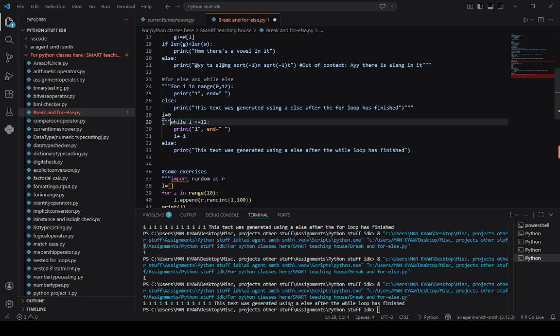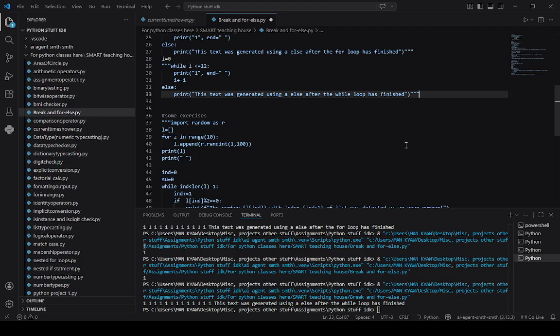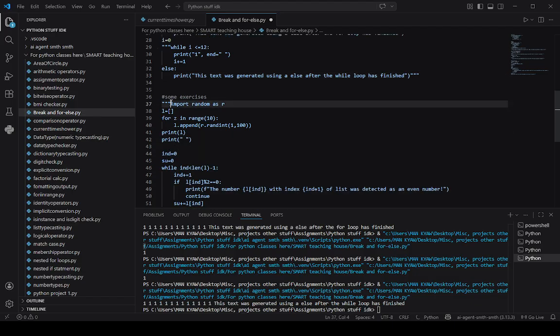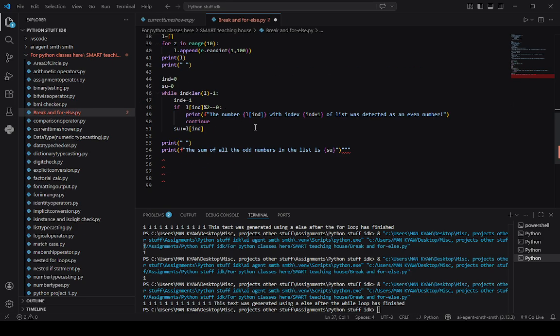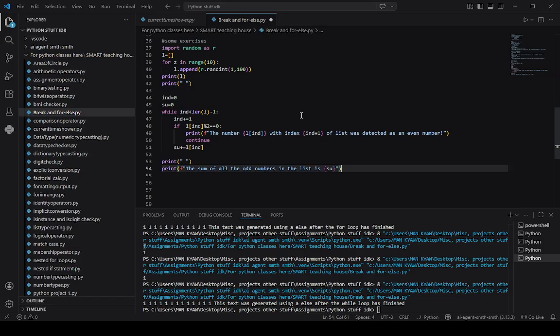Well, that's something new. Now, let's do some exercises. This is an exercise that I kind of made before for this occasion, and the job for this program